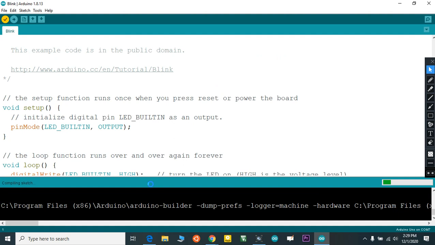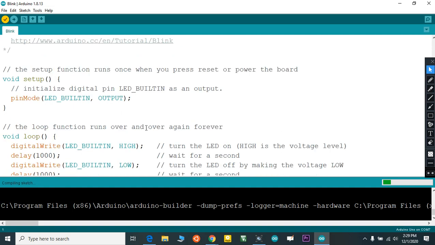I just compile it. So once you write the program, you need to compile it, check whether you have any problem in your code or not.